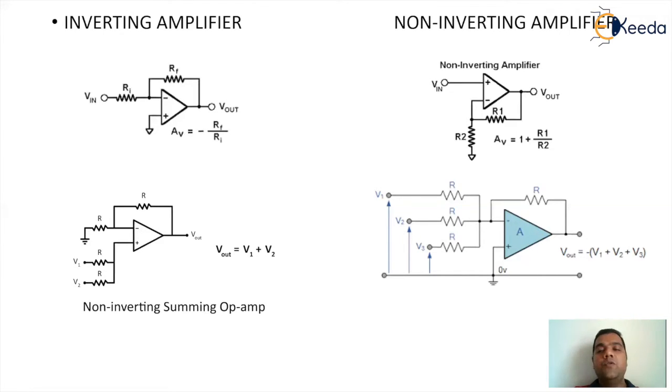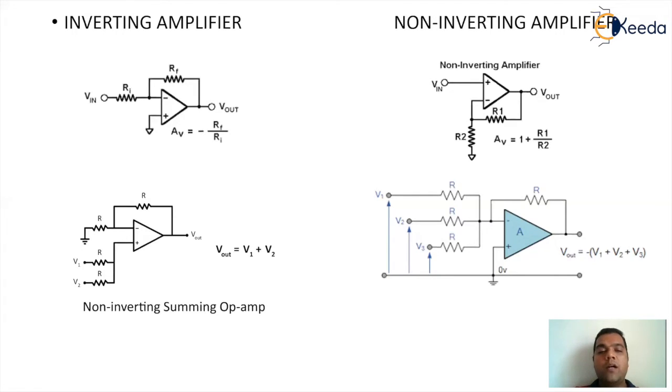Now, if I want to use the amplifier as a summing amplifier, I can use this arrangement. In the left hand side figure, the lower section is a non-inverting summing amplifier, which produces an output Vout equal to V1 plus V2. For that, we take two inputs V1 and V2, both connected to the plus pin via the resistor R, and the inverting pin has a feedback. So the output Vout will be V1 plus V2.